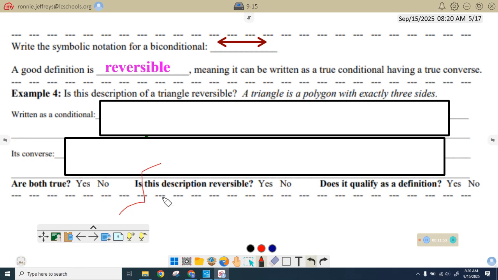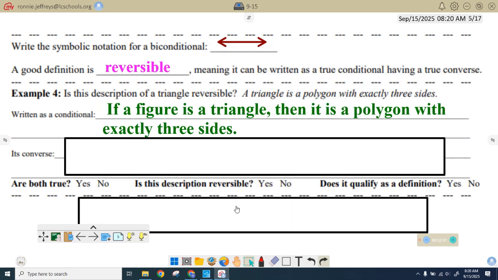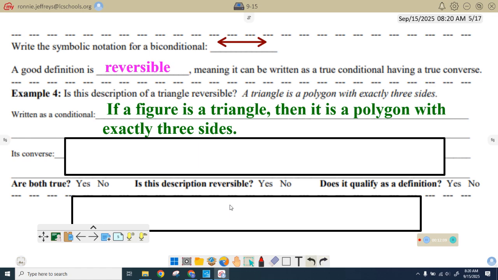Alright. So it says, is this description of a triangle reversible? A triangle is a polygon with exactly 3 sides. If a polygon has exactly 3 sides, or if a figure is a triangle, then it's a polygon with exactly 3 sides. Alright, so